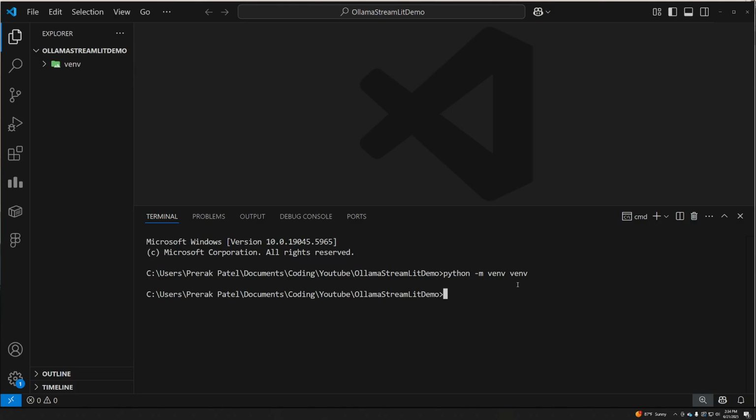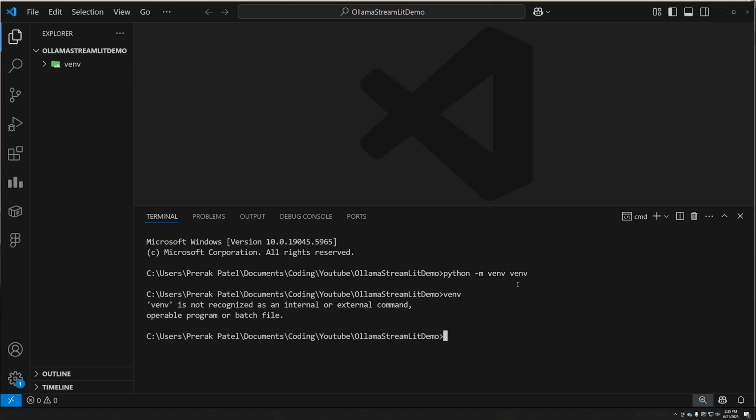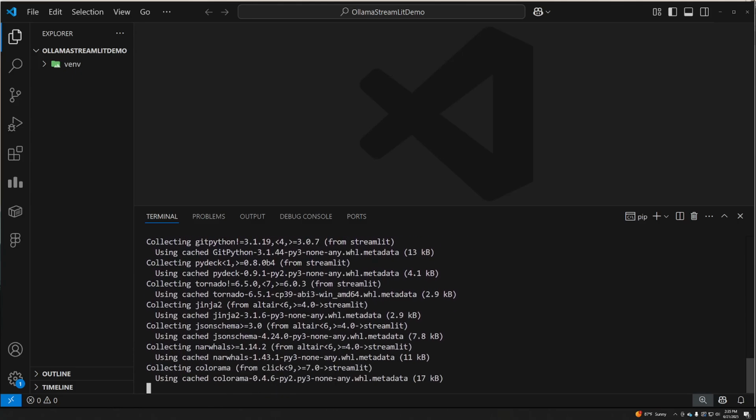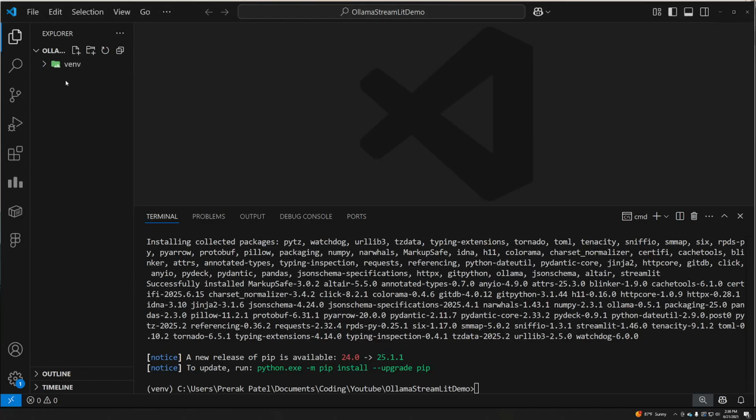I'm using the CMD on Windows. For Mac, you will have to do something like source venv/bin/activate. Now let's install the dependencies. Okay, so our dependencies are finished installing.